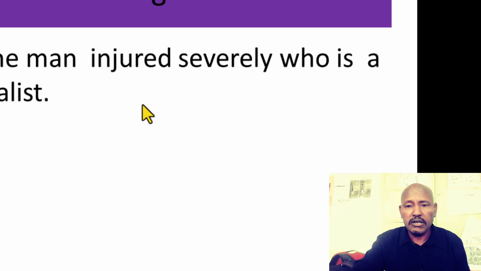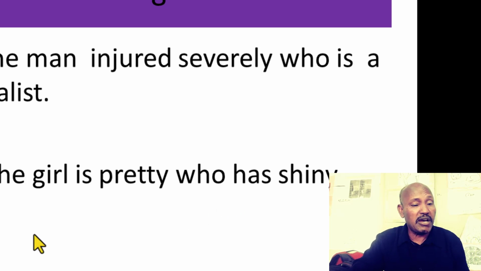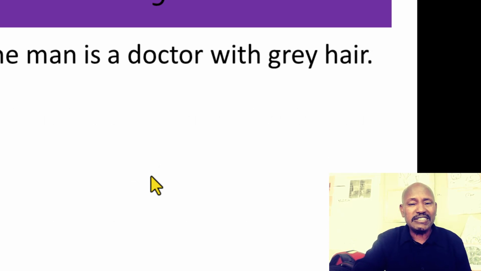Another question here: The man injured severely who is a journalist. Actually this is a misplaced modifier, and it is very obvious. The man who is a journalist injured severely. We correct it in that way. The girl is pretty who has shiny hair. The girl who has shiny hair is pretty, exactly. And the other question here: The man is a doctor with gray hair. What is the modifier here? With gray hair. It is a prepositional phrase. The man with gray hair